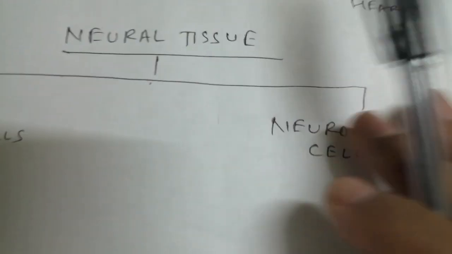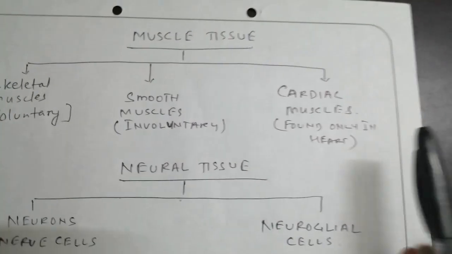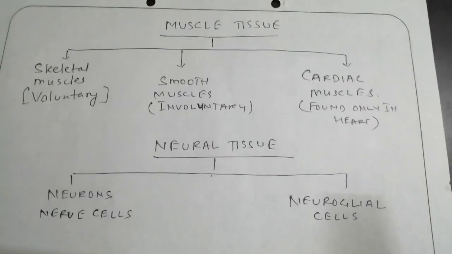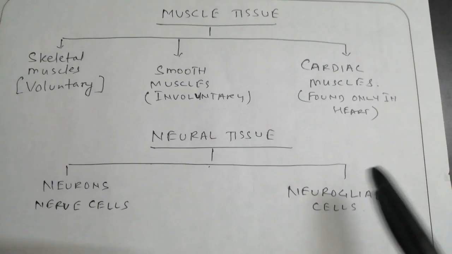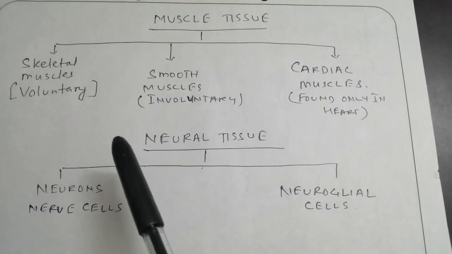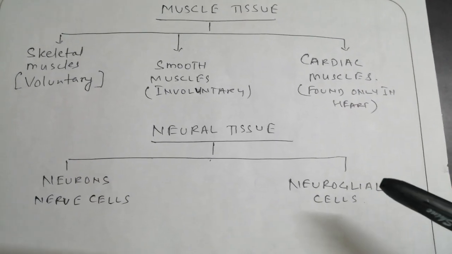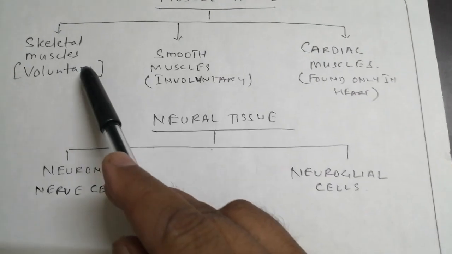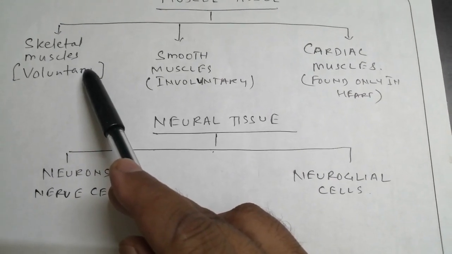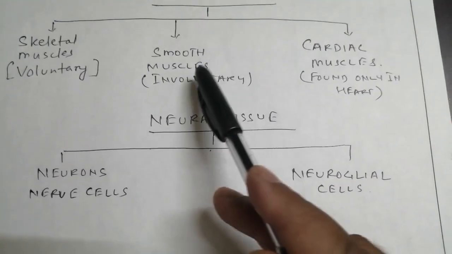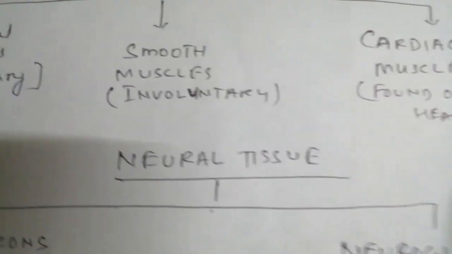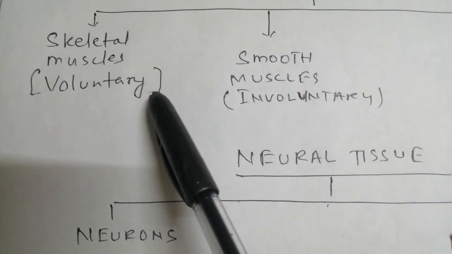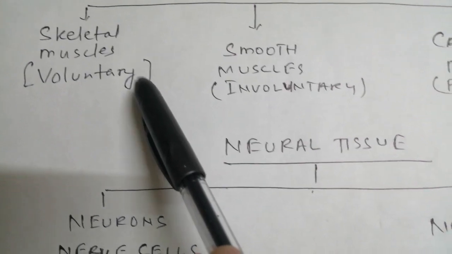Thank you, children. Now I am going to come to the next slide that I have prepared for you. Now the muscle tissue we are going to talk about. The muscle tissue helps in locomotion and also in the movement of the body. First is the skeletal tissue, then smooth tissue, then comes your cardiac tissue. When we talk about the skeletal tissue, it is voluntary tissue, under the willpower.